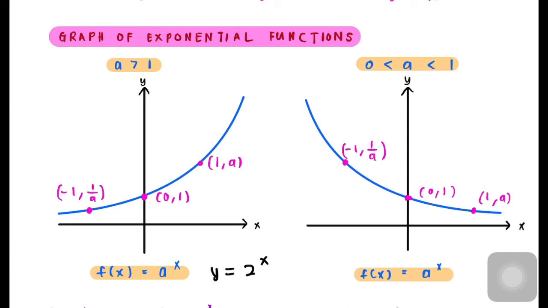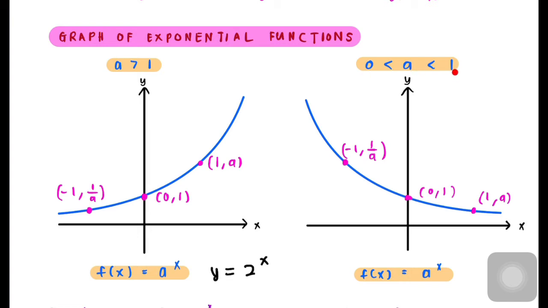And the third point here will be (-1, 1 over a). So when you have this example just now, y equal to 2 power of x, the point here will be (-1, 1 over 2). Alright, so these are the three basic points on the basic graph of exponential function when your a is more than 1. Okay, what happens when you have a in between 0 and 1, let's say